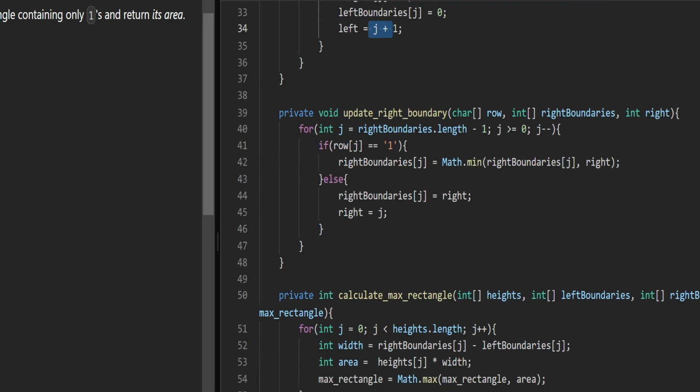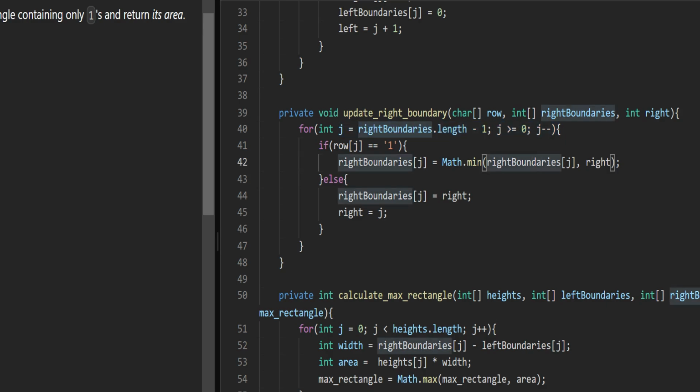J is the index. Now, coming to the right boundary. The right boundary will go from right to left, which means the array will be checked in reverse order, and hence we'll be using a reverse for loop. We'll check if the element present inside the matrix is 1, then we'll update the right boundary by checking if our current element is minimum or if the right boundary was minimum.